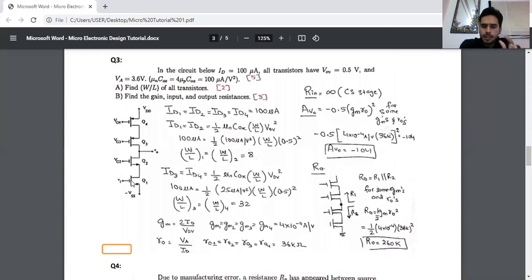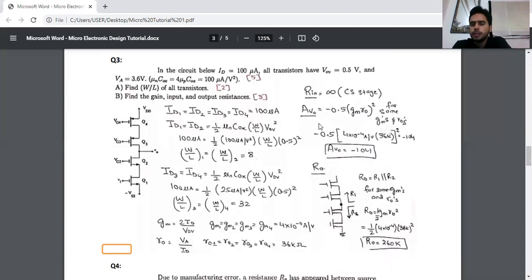That is the internal resistance for each MOSFET. The applied voltage provided over here is 3.6 volts, and the drain current is 100 microamps. So we get the internal resistances for 4 MOSFETs, that is 36 kilo ohm each. Next, as we all know, it is a common source stage, so the input resistance would be infinite, and